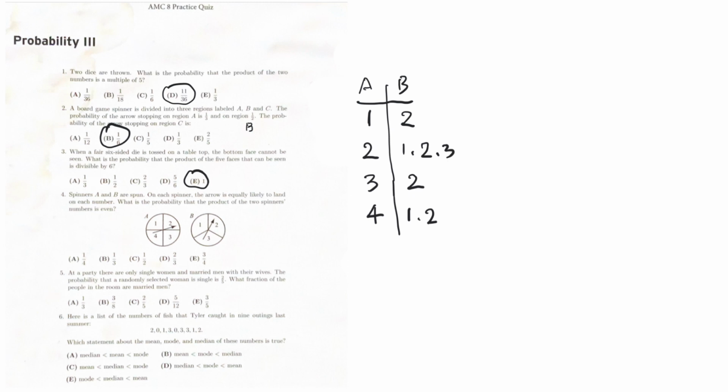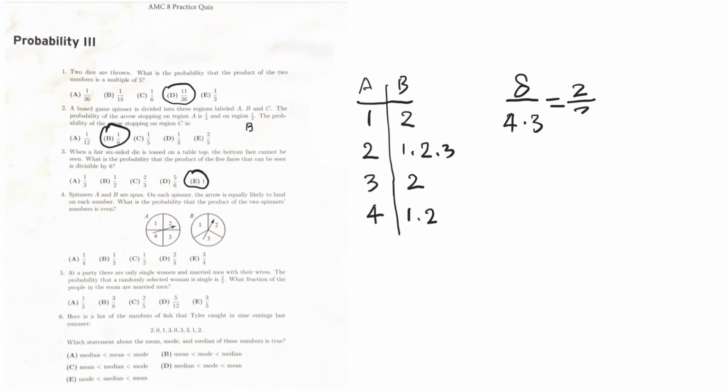So our favorable outcomes are 1 plus 3 plus 1 plus 3, that's 8. And the total: the first spinner A has 4 possible outcomes, and the second one, B, has 3 outcomes. So the answer is